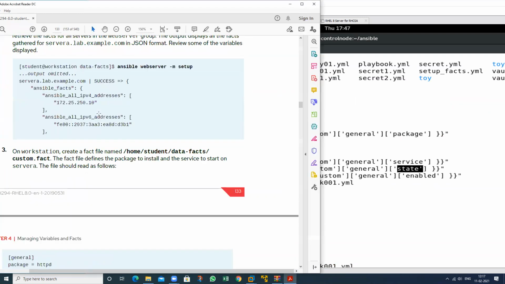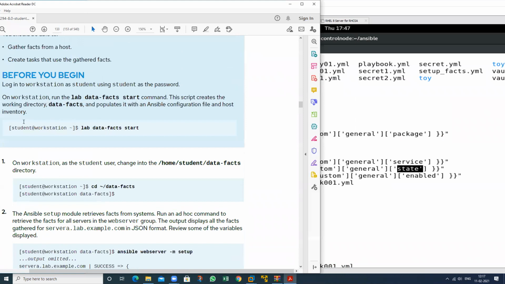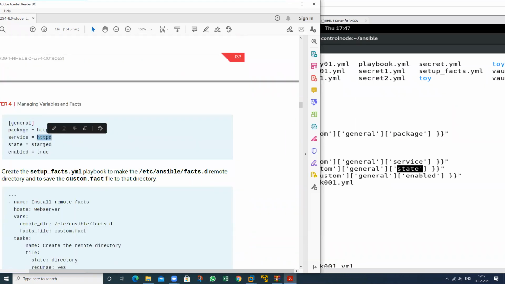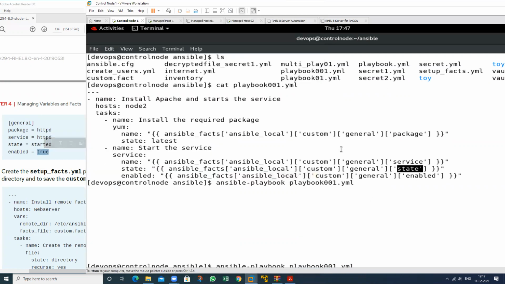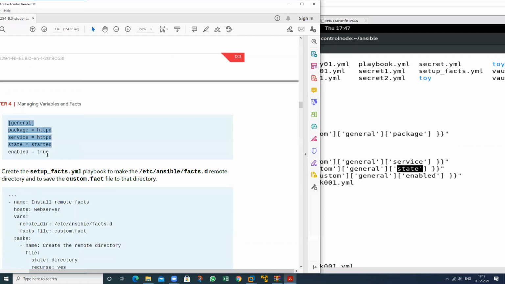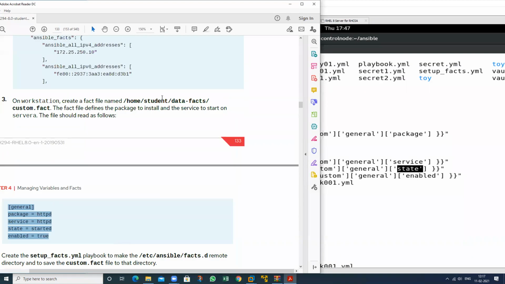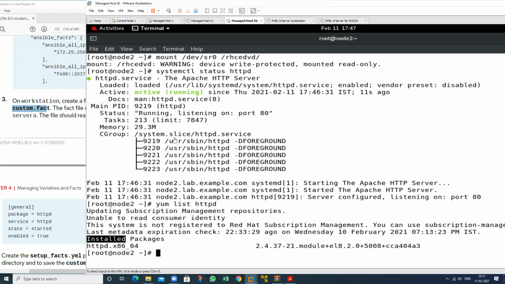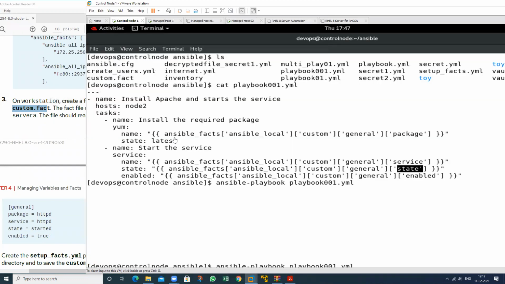Take this value, this is my package, this is my service name, this should be started, enable should be true. So we wrote all these things in this. So it will take all these things by using the custom fact that we have defined on which machine? This managed host machine. So this is all the concept regarding the managed host. We can also use the custom fact. We can also use the Ansible fact that is predefined.